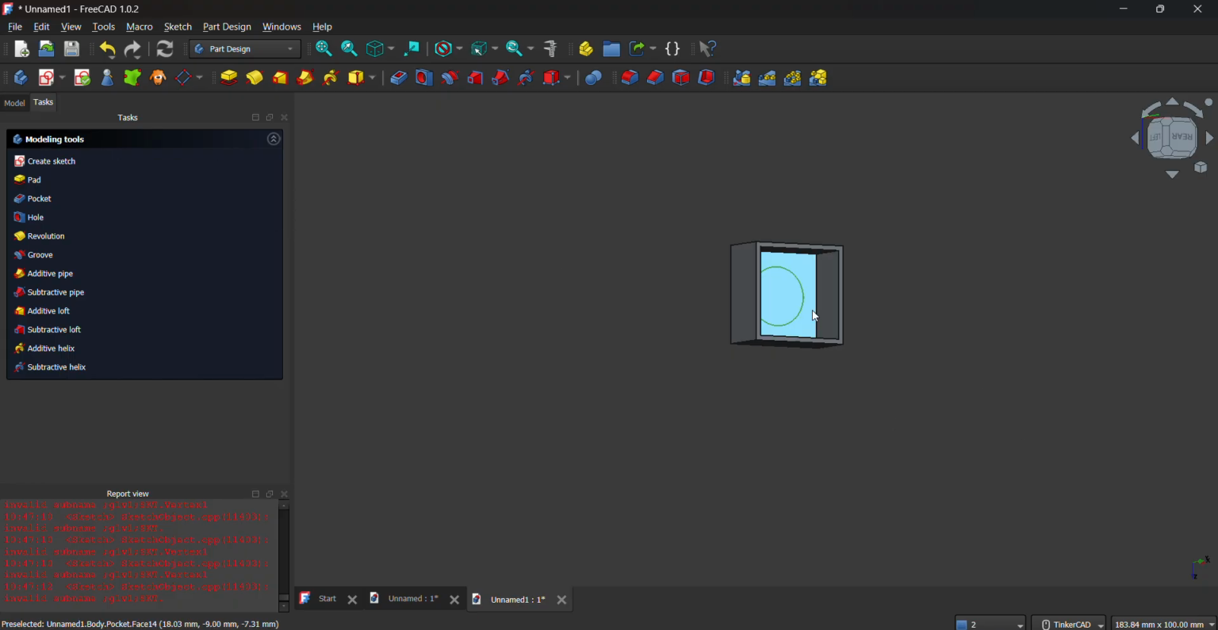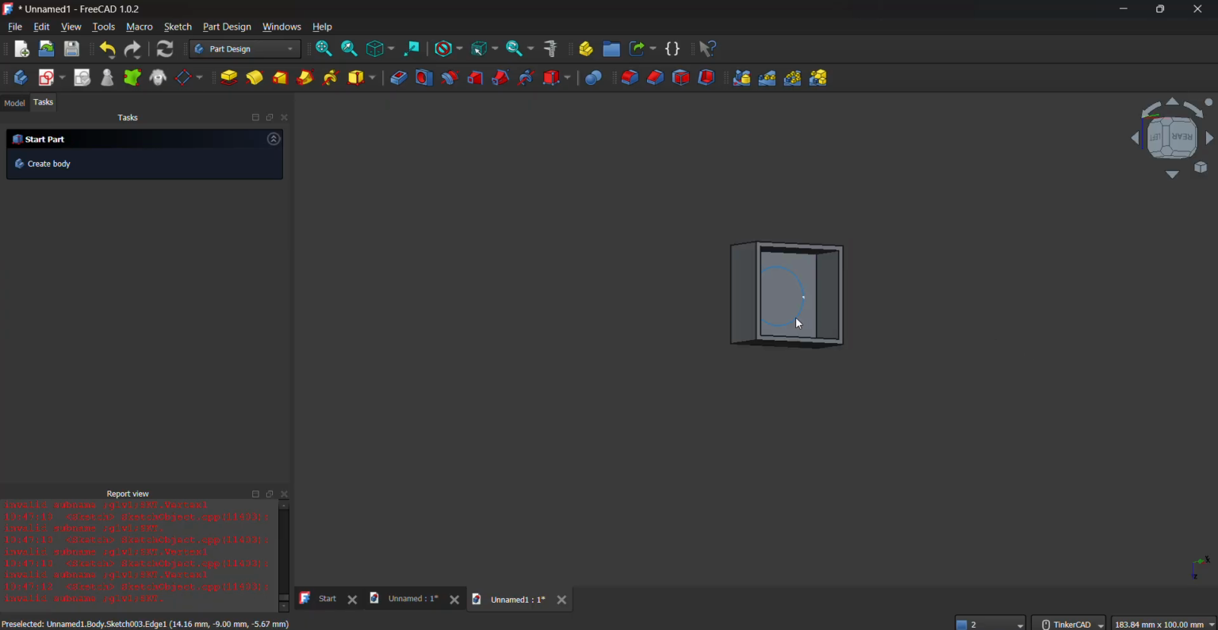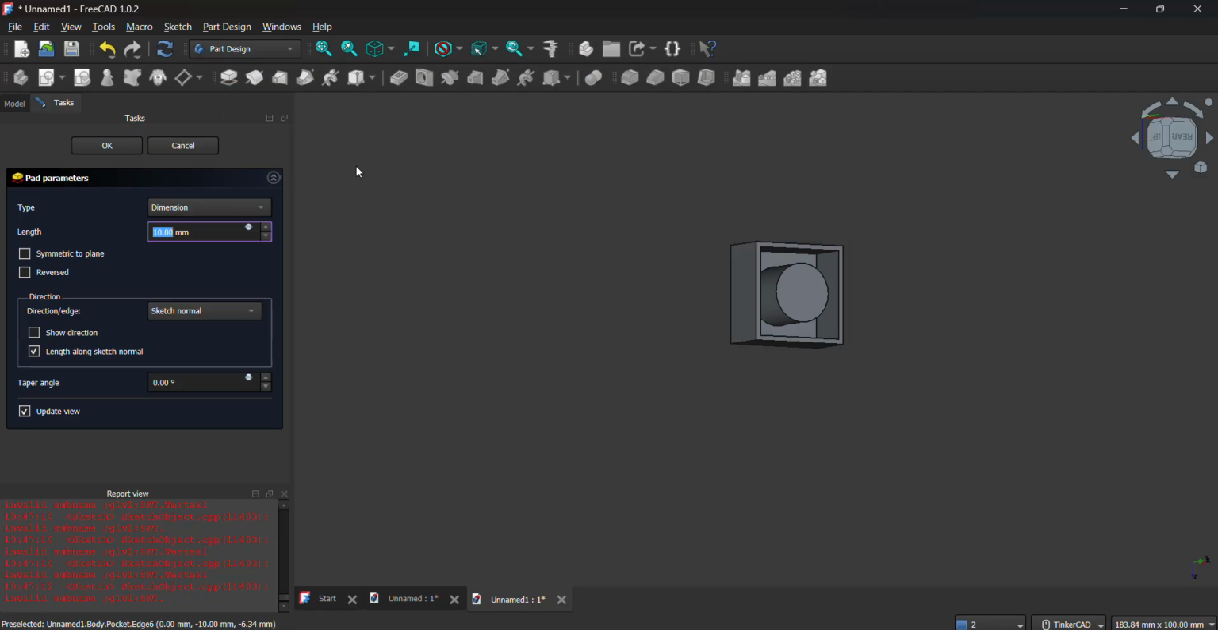Okay, before we can create a hole, we have to make it a solid object. So let's use the padding first. Okay, again, do not set it to 10 millimeter. Why? Okay, let's look at this. Okay, if we set a 10 millimeter,